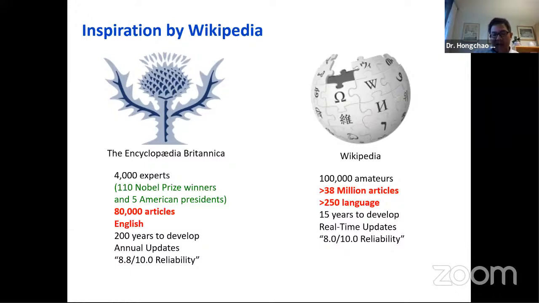We all know Wikipedia is very successful. Now most people, if we have any problem or we don't understand some word or something, we mainly go to Wikipedia. To have a look, if you understand a different language, it helps you even better. So if you compare Wikipedia with the British encyclopedia,